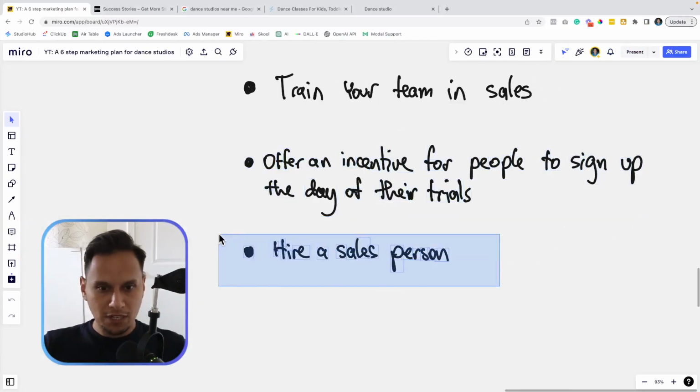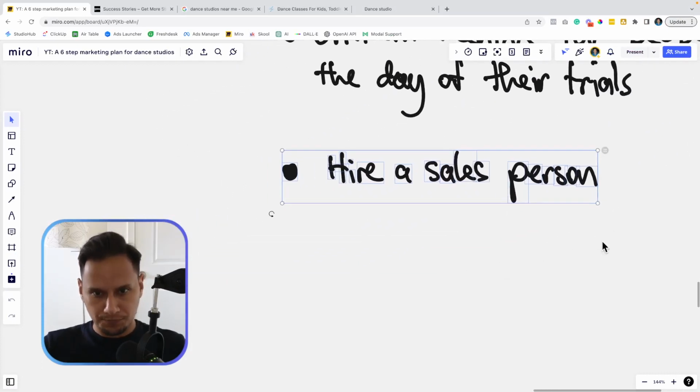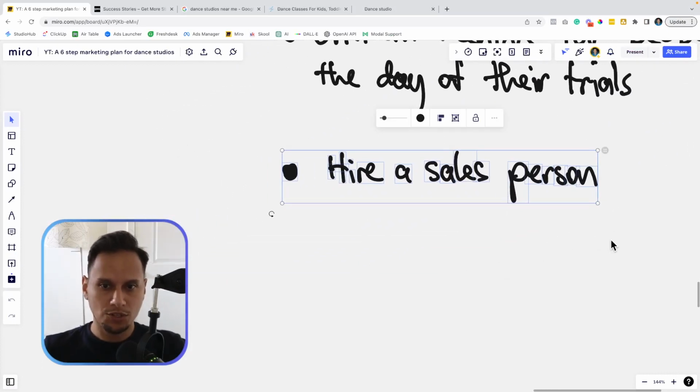Okay. You need to hire a salesperson. One of the biggest mistakes that I see studio owners make with their front desk person is that they have a person who's passive, who just sits there, waits for people to approach them, instead of having a salesperson who's going to go after the sale, who's more assertive. If you're relying on a passive person to make the enrollments, who's just waiting to take the orders from people,